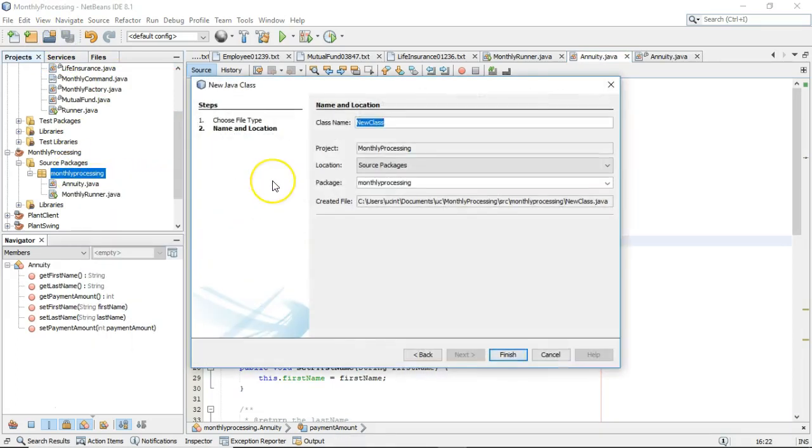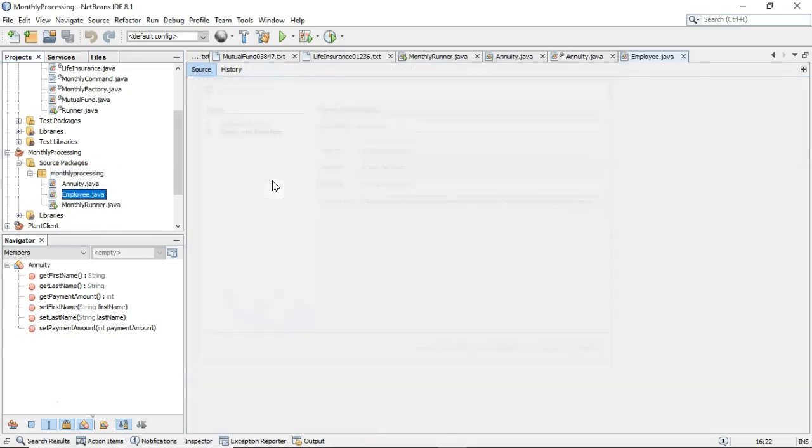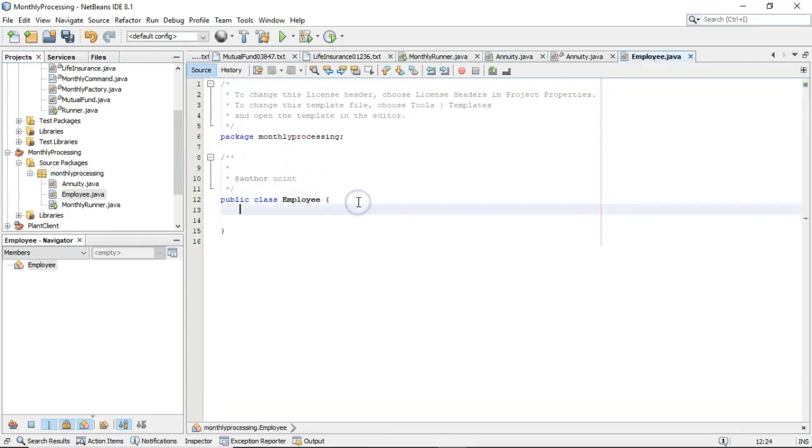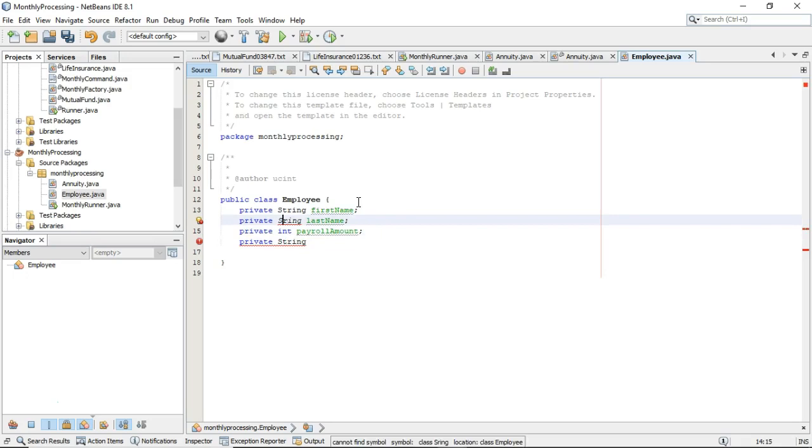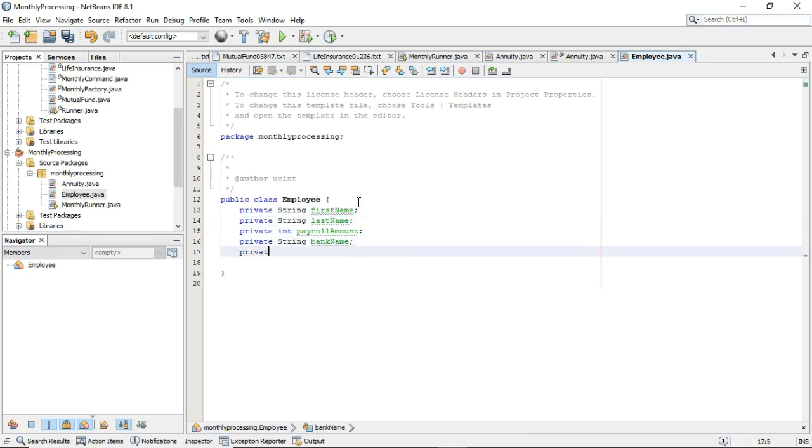Let's go ahead and make another class. And this one we're going to call employee. And for employee, it's going to be similar. We'll have private. This one will be a little bit longer, though. So private string first name, private string last name, private int payroll amount. Again, if it were an actual payroll amount, I'd do a big decimal. Private string bank name, private string routing transit,